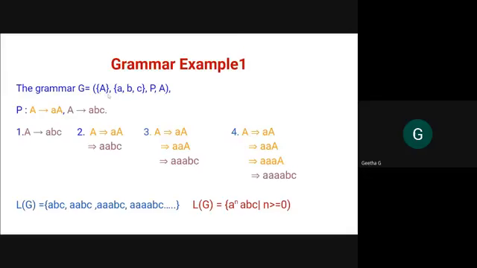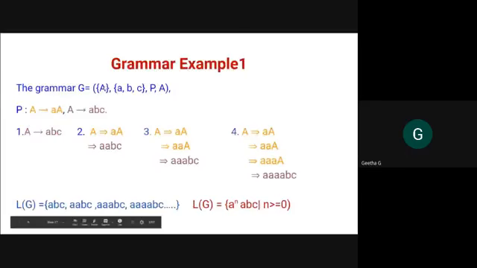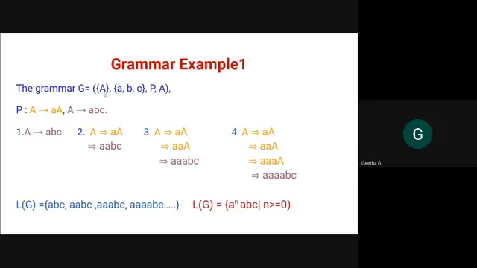A grammar G is defined with A, right? Capital A. Usually non-terminal is given, but for understanding purposes, it was given as capital A. Most of the time, non-terminals will be defined with capital letters, and terminals will be defined with small letters, right? The upper cases are for non-terminals and lower cases for terminals. And then P indicates productions, right? And the start symbol. Here only one non-terminal is there. That is also the start symbol.